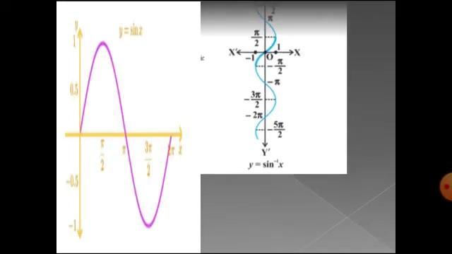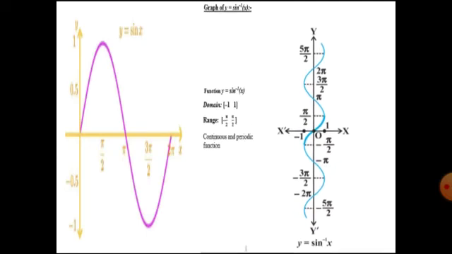Let us move to the graph for the inverse trigonometric functions. There is one change here. Here we have taken angles on the horizontal axis, but here on the vertical axis we have taken the angles. On the horizontal axis we have taken numbers, that is 0, 1, it goes on. And on the vertical axis we have taken angles: 0, pi by 2, pi, 3 pi by 2, 2 pi, 5 pi by 2, the same way on the y axis and also on the y dash axis.